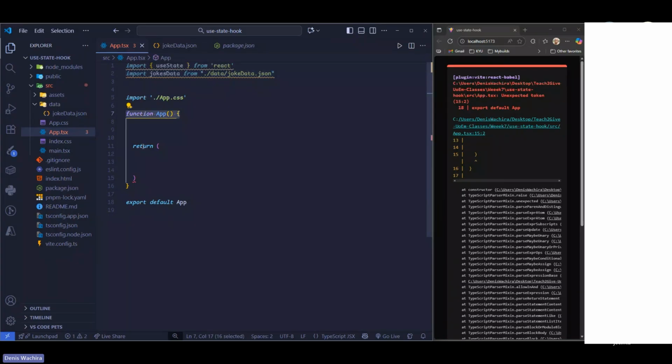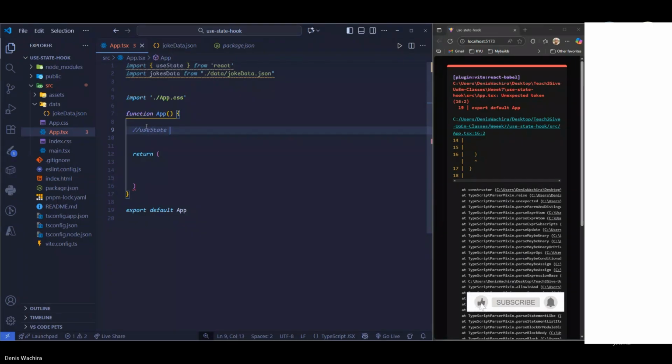Whatever you want to render, it's in the return function. So just inside our function, that is why we want to define the useState for jokes. So we want to initialize a state with the jokes we are